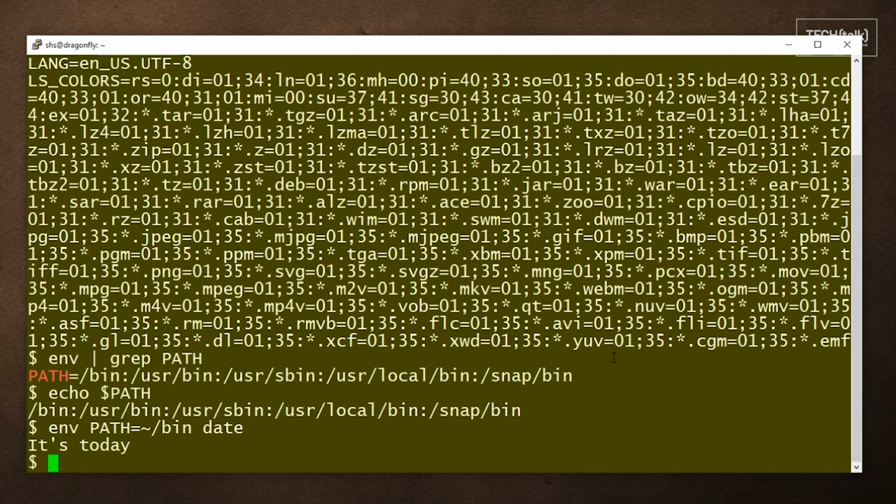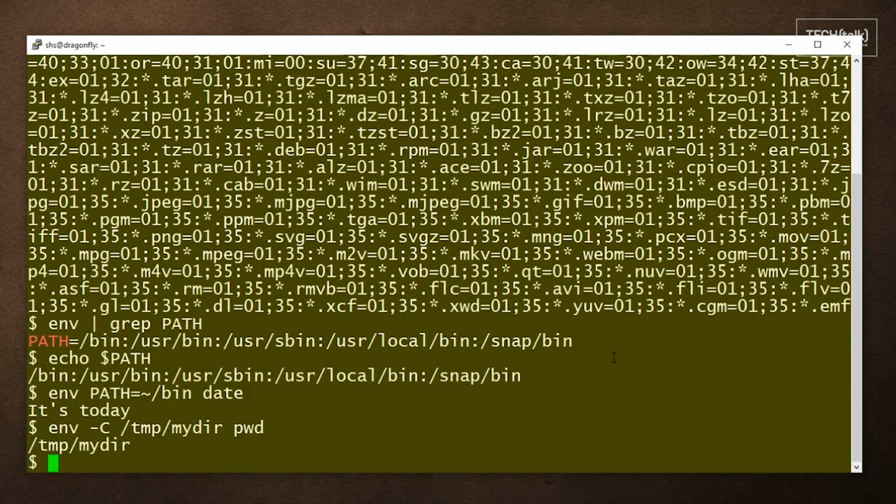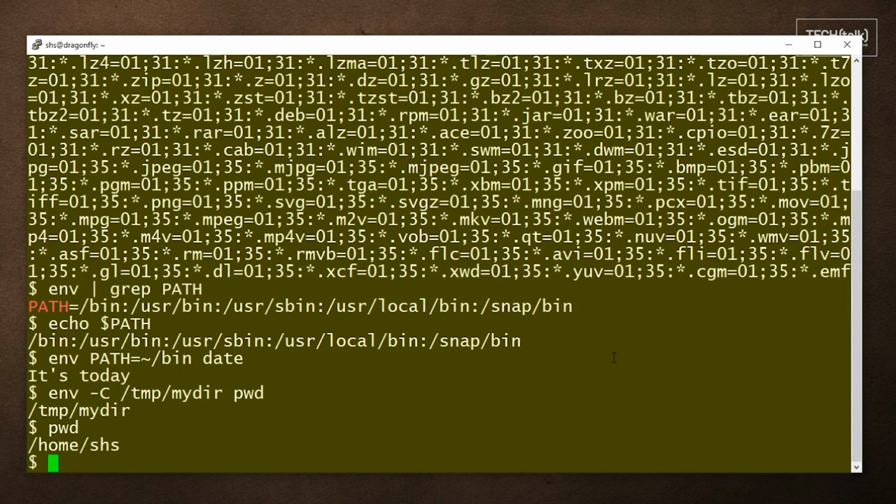If you use the env command with a -C option, you'll run the command as if you were currently in that directory. And here's a simple example of that. env -C, and we're going to give a temp directory. And then we're going to enter the name of the command that we're going to run. Now, I want to run pwd. And you can see it tells us we're in temp MITRE, we're really here, but we were running with that assumption that we were sitting in that directory because of the use of this -C.